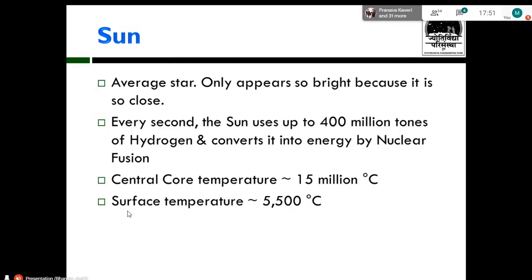Now, as you can see, the sun uses 400 million tons of hydrogen. So imagine, this is like, let's say, you make an atomic bomb which has the fusion energy equal to one atom of hydrogen. Now imagine 400 million tons every second. So that gives you a pretty fair picture about the sun. The temperature at the core of the sun is 15 million and the surface temperature is 5000 degrees Celsius, almost 5000. So of course it is really hot and it is a star, and that energy is arising out of nuclear fusion. It is a process in physics, so let's not get deep into it, but just remember the process, nuclear fusion.